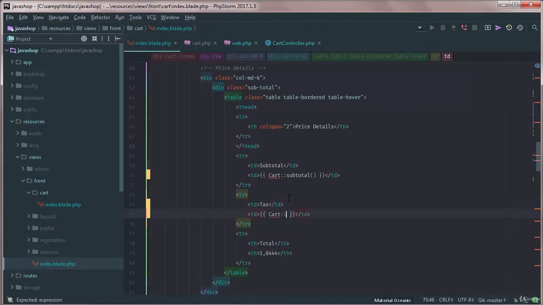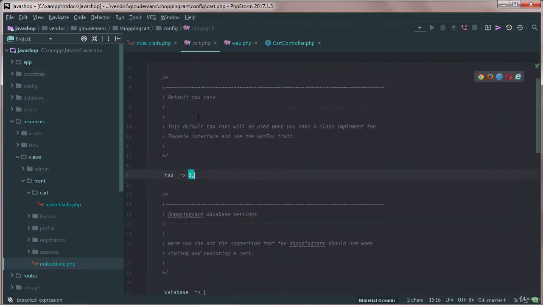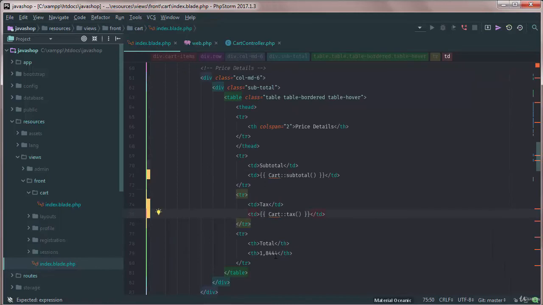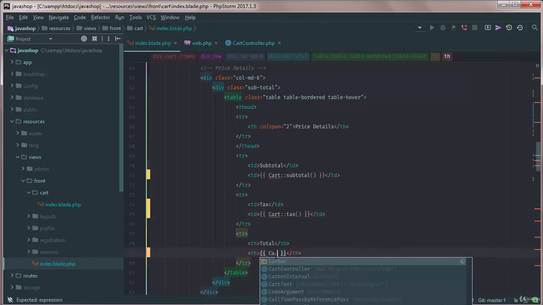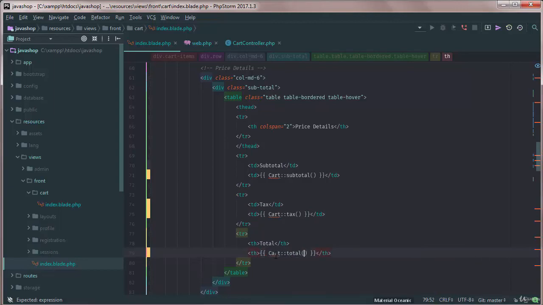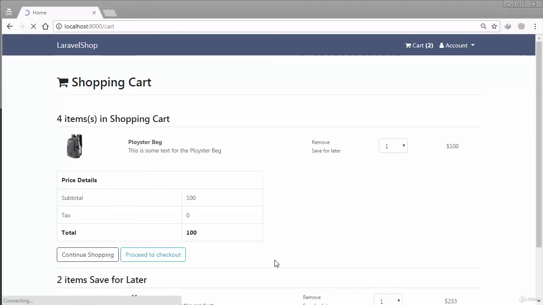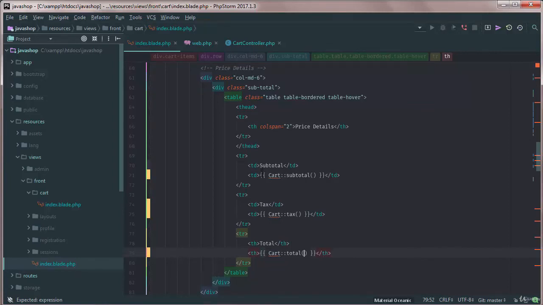You can just change that if you're living in any country that has different rates of tax you can add, okay. In my case I'll just make it 0, okay. This is 0 here. And then finally the total, cart total. So just save and reload the page. There we go. And we need to put $ sign here,